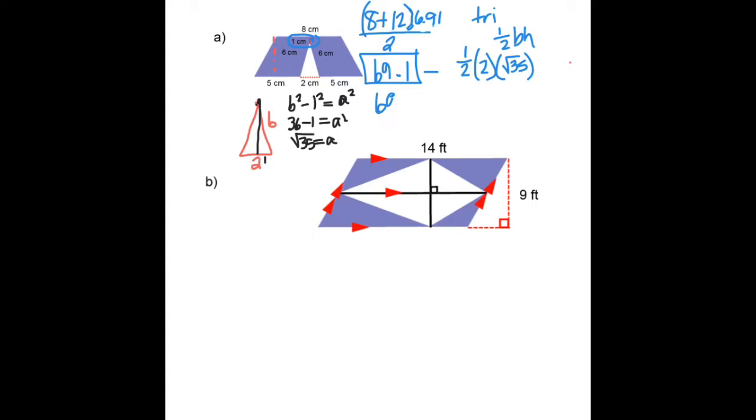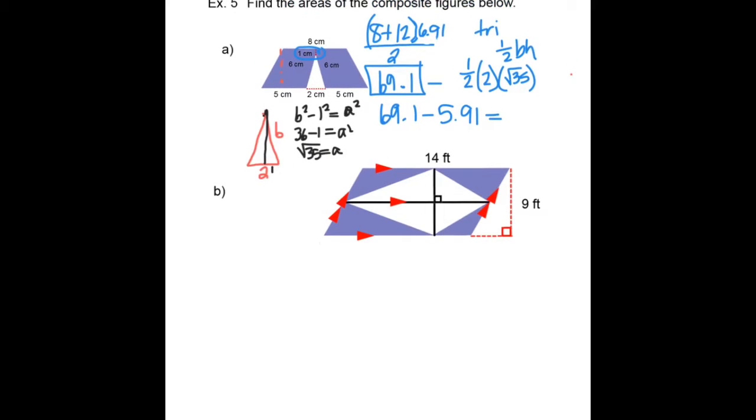So 6.91 minus 5.91. So my final area is 63.19. When I round that to the nearest tenth, that means it's about 63.2